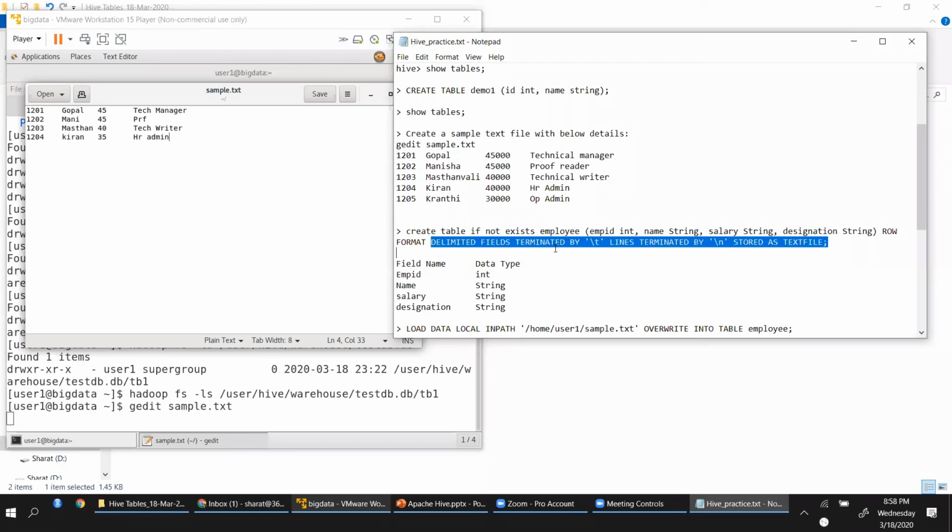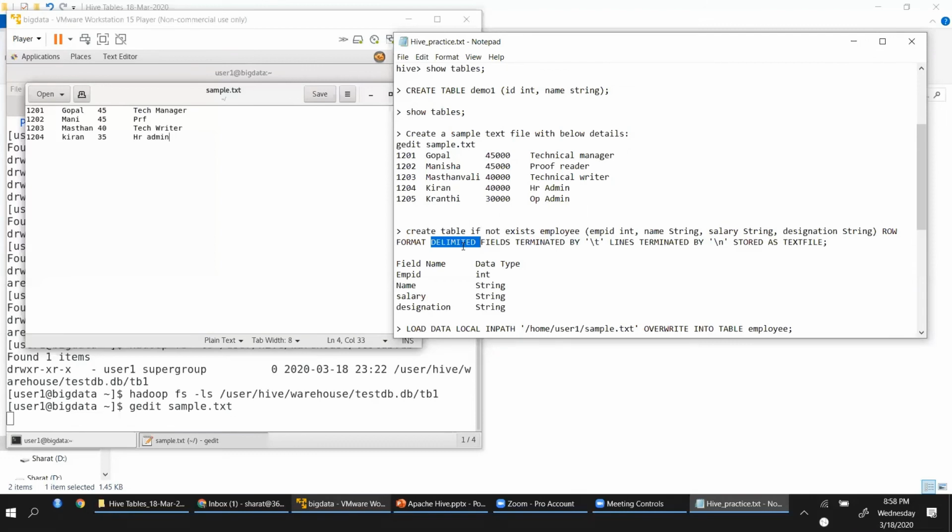Making sense? So I'm defining the structure so that it would understand when it gets the data loaded. When I'm saying, hey, take this data, I'm basically saying this is how your data should be read. Row format delimited fields terminated by \t, lines terminated by \n.